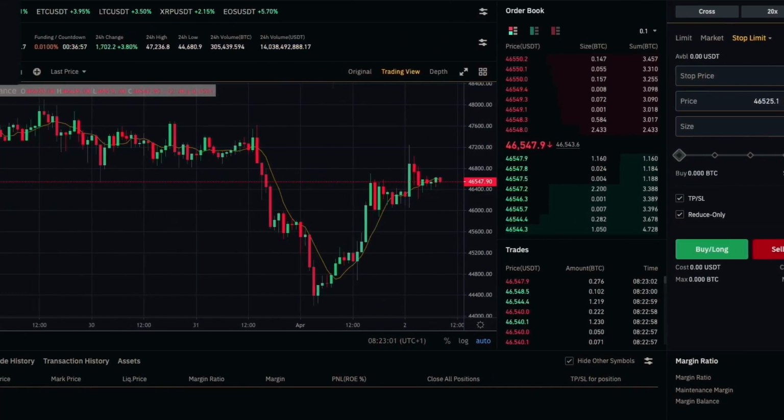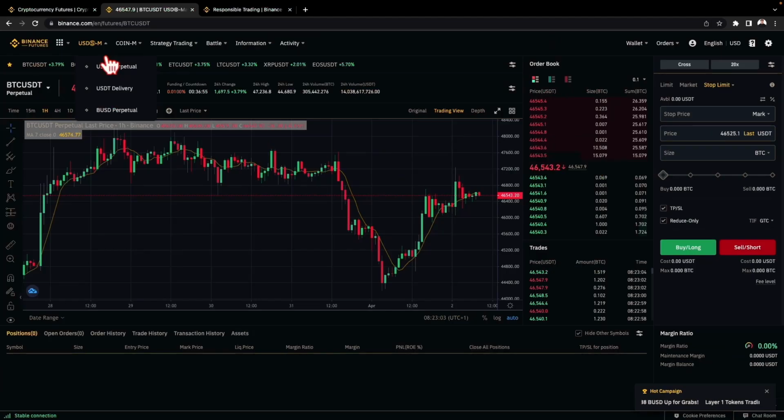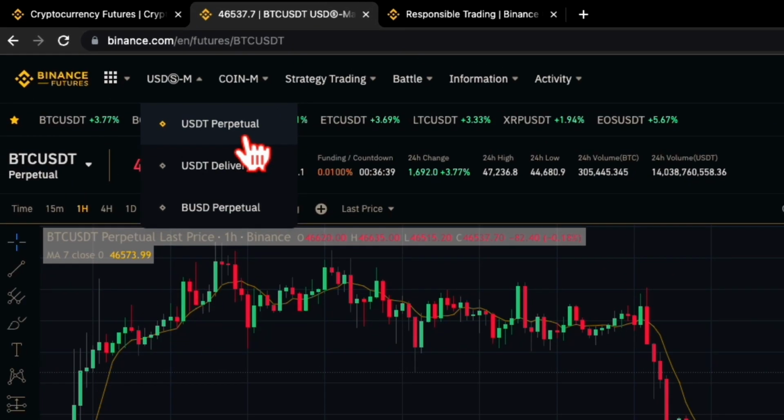The same thing works in margin trading. For margin trading, if it's 20x, it means you have 1x and Binance will lend you 19x. If it's 10x, it means you have 1x and Binance will lend you 9x for you to trade like someone that has 10x. In the case of USD stable margin futures, it means that you are trading with stable cryptocurrencies. You are seeing it, we have USDT, which is Tether, and Binance stablecoin.